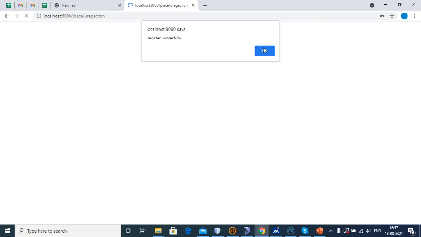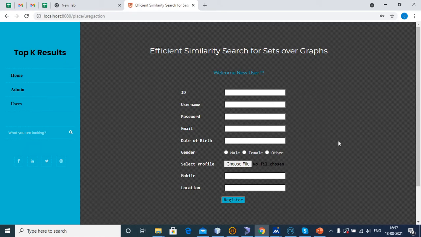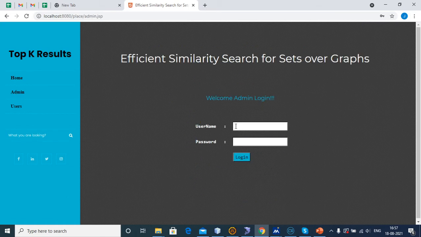User registration is successful. After that, the admin can authorize. For that, you have to log in to the admin account.